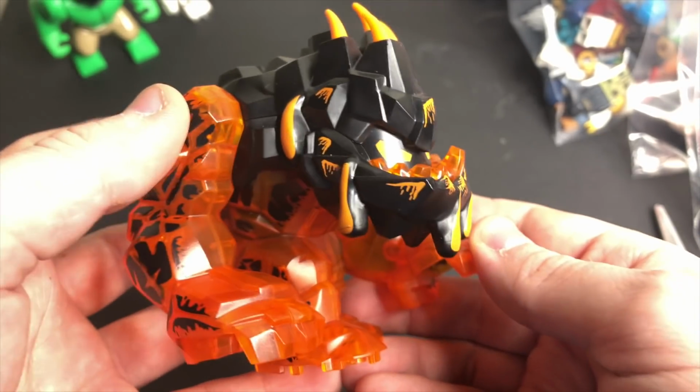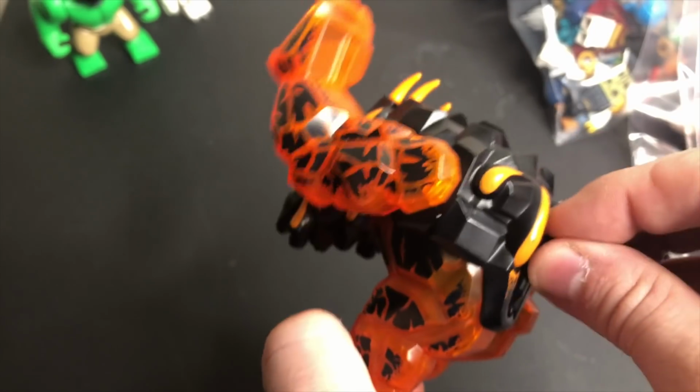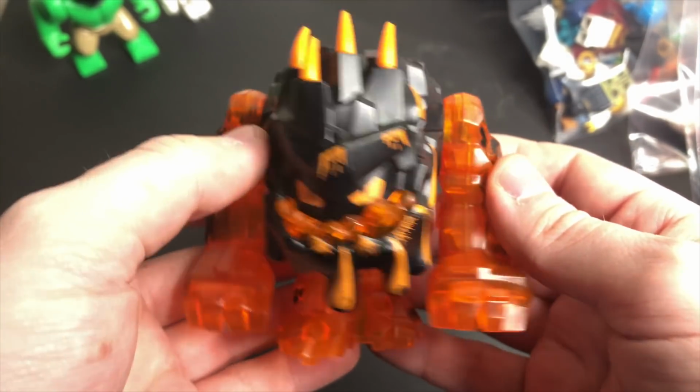We've got this great Power Miners lava monster that is really cool. He's got this, like, switch on his back that moves his arm. It's a really neat figure, and honestly, something I never even knew existed from LEGO. Brand new to me. In any case, I've got all kinds of bags, as you can see in the corner here,